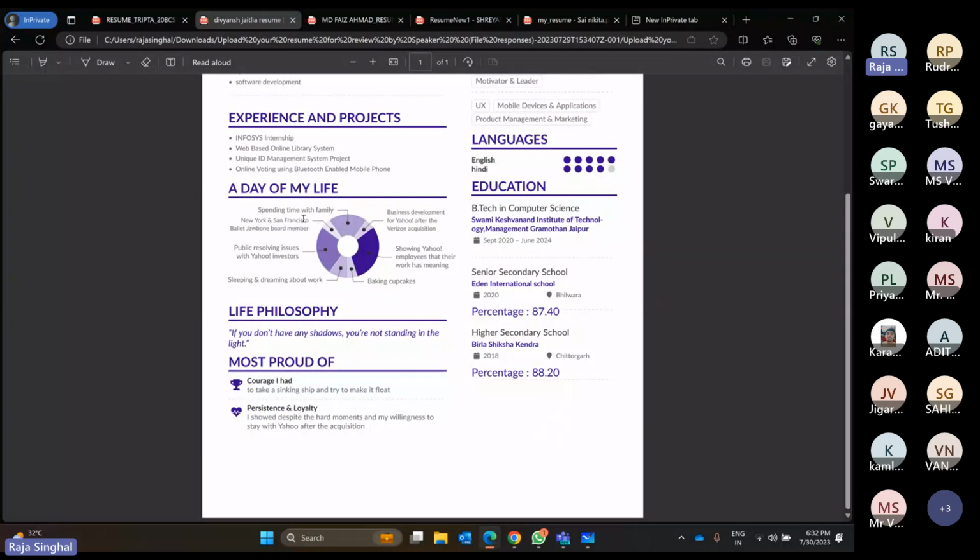And again, this is also an unnecessary thing for a resume. And here, it is all about you showing your day-to-day life and personality to the interviewer. It is not explaining your technical expertise. So all of these things don't improve and help you get selected in any good companies.